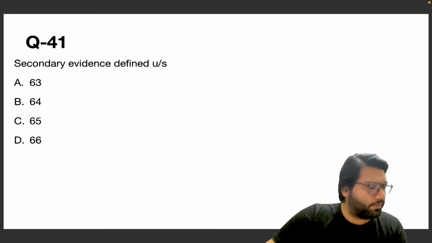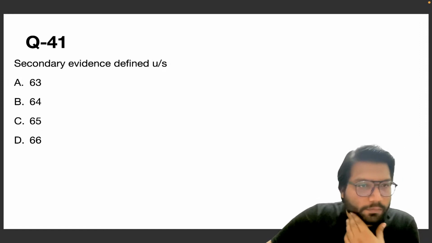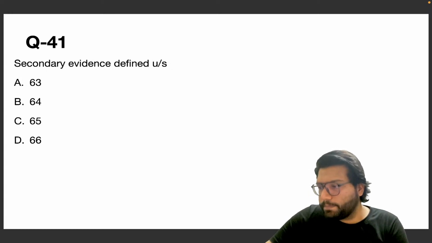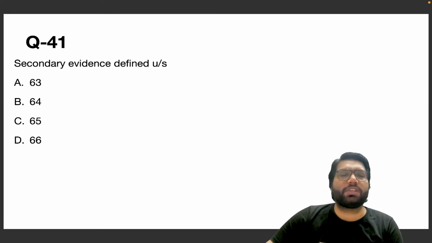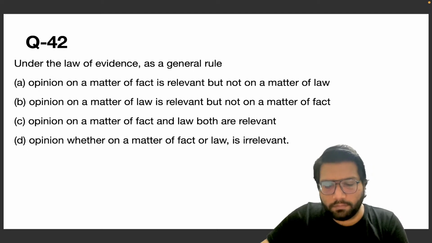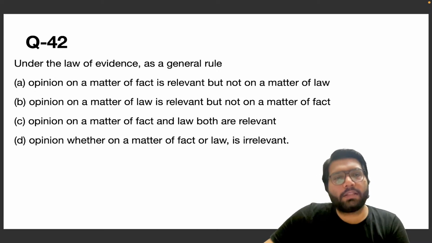Secondary evidence defined under section. Everyone is answering A, starting with Sapna, Mosmi, and Shalini. A is the correct answer, students. Section number 63. Under the law of evidence, as a general rule,